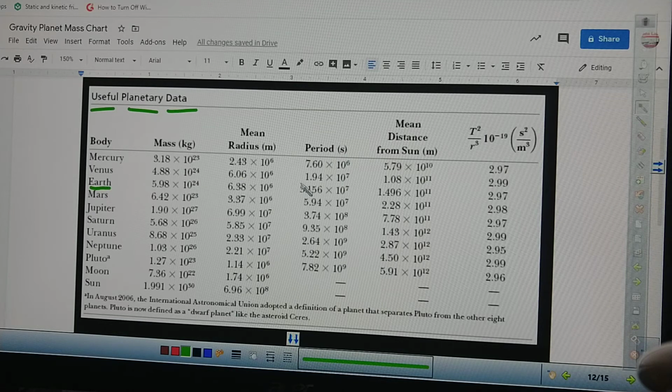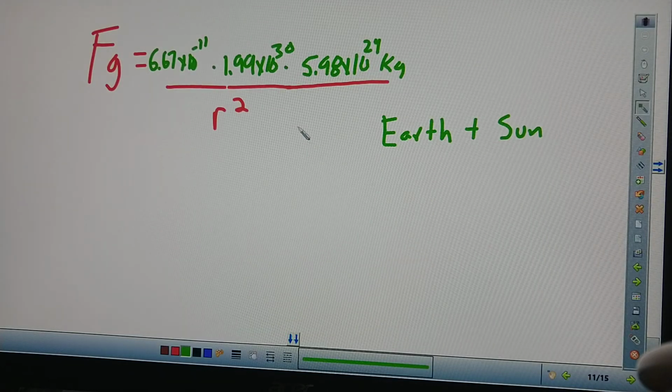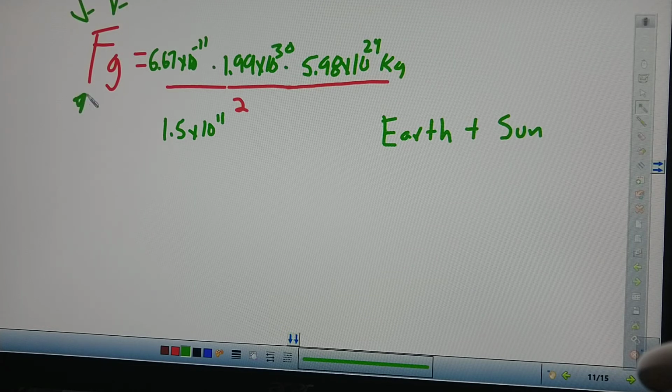We're going to go over here. Mean distance from the sun is 1.496 times 10 to the 11th meters. So I'm going to call that 1.5, okay? So the distance in meters from us to the sun, and this is an average, is 1.5 times 10 to the 11th meters. So this whole answer will work out to be the force with which the sun